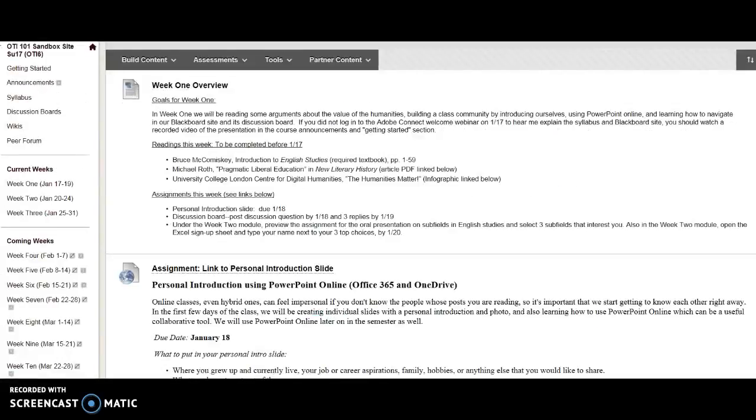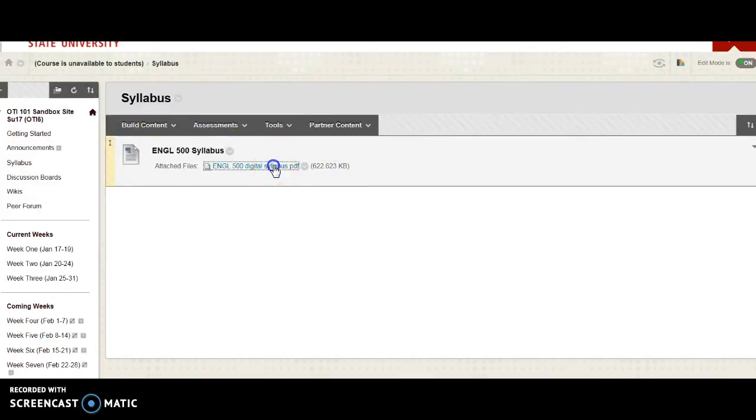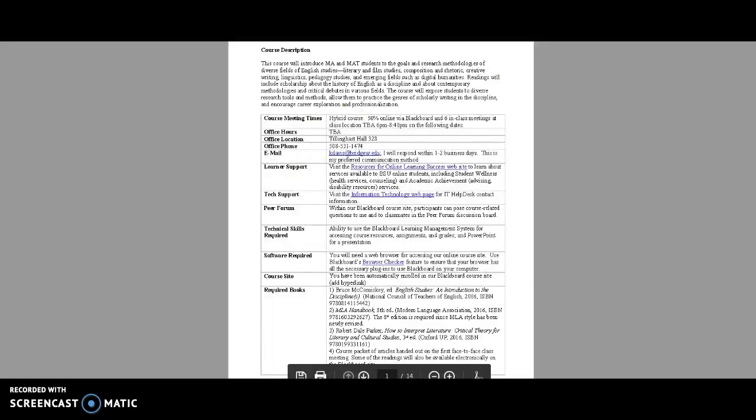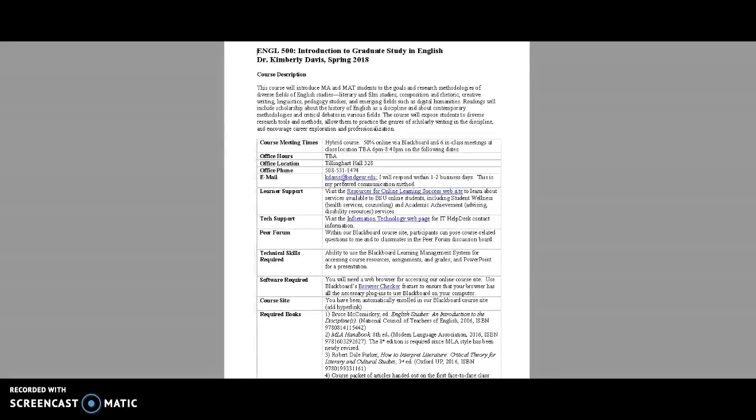I thought maybe I could also take a quick look at the syllabus and walk you through some of those details there. So if I click on here, I'm hoping that it will take you to the syllabus as well. So here is the, I'll just make this a little bit bigger so you can see. So here is the digital syllabus, which does have live links, so anything you click on, you can go directly there. The first page gives an overview of technical details about the class, about me, and how to reach me,